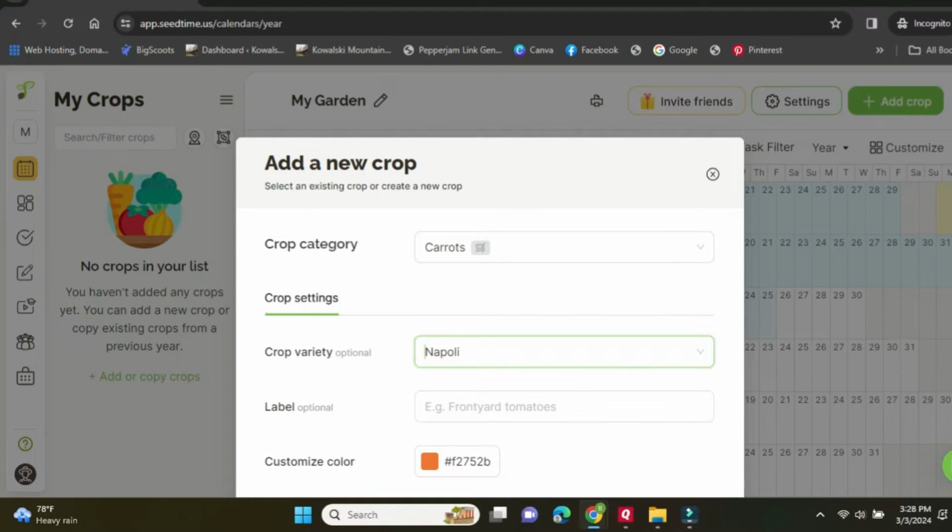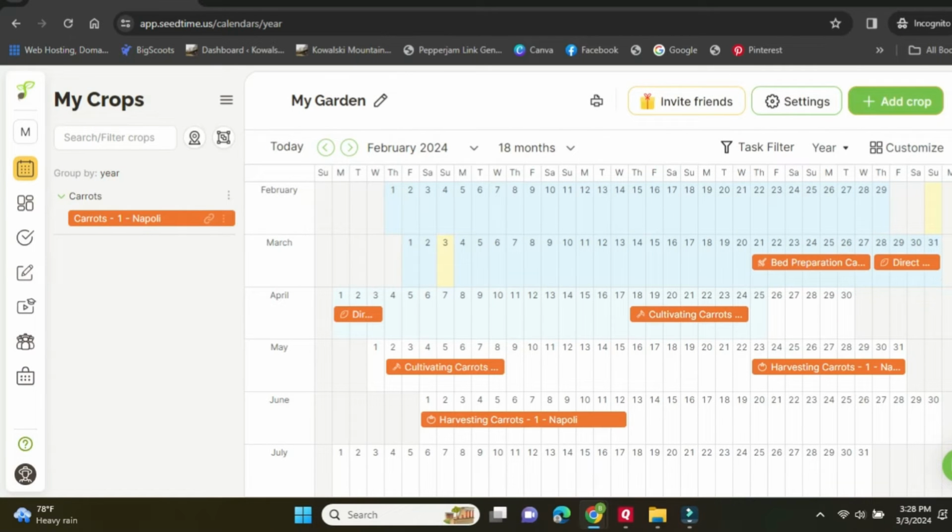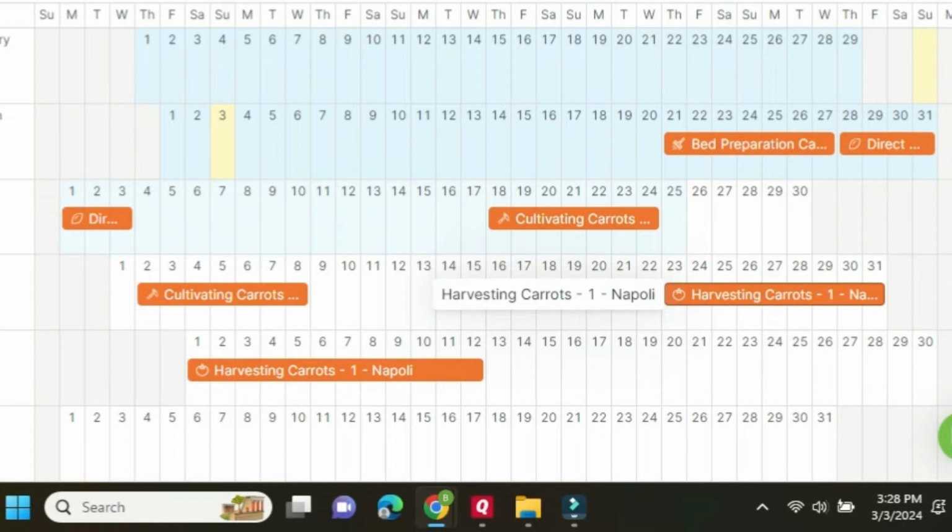Now to add your own custom vegetables, you do have to have the paid program. I like that all of the colors are pre-selected for you, so it makes it really easy to find them on the calendar later. So I'm going to push schedule, and that is going to immediately put carrots directly onto my SeedTime calendar, following the best guidelines